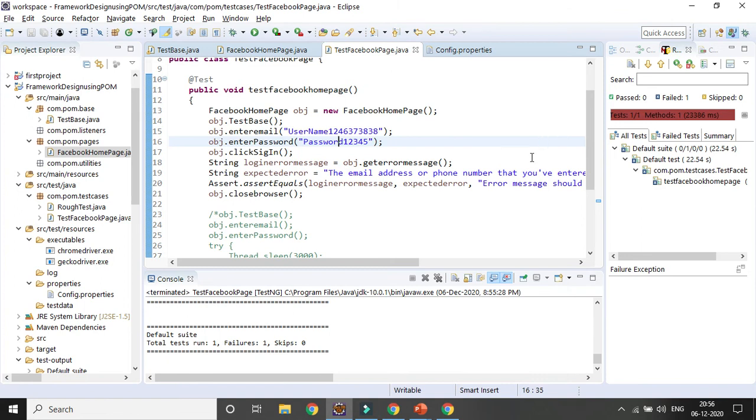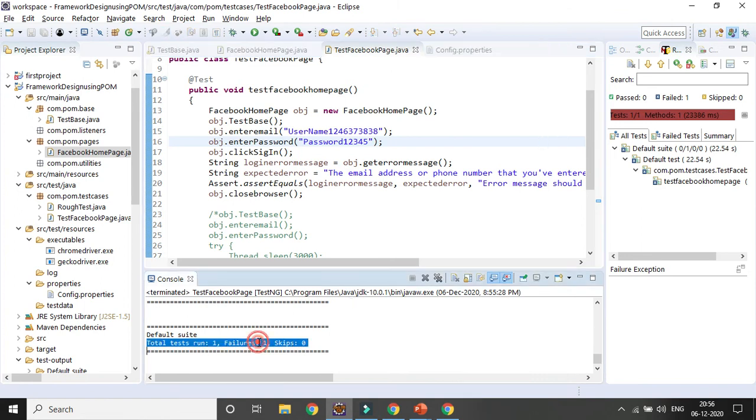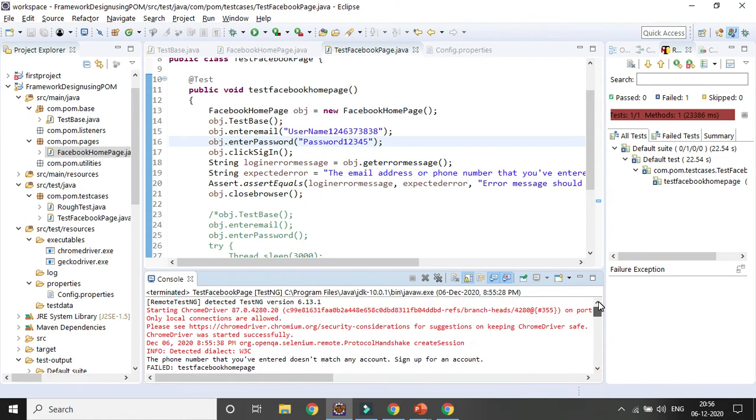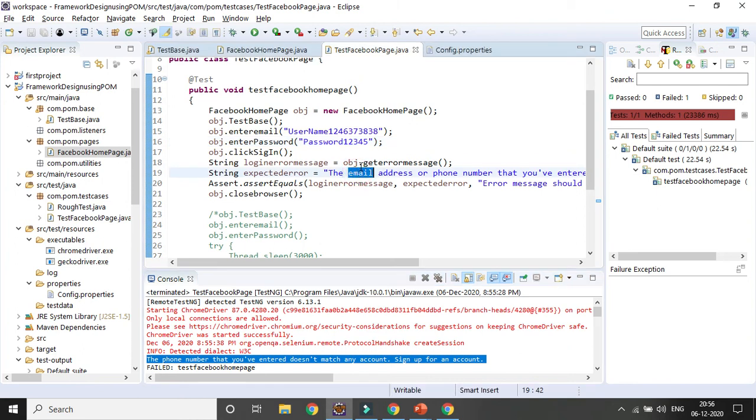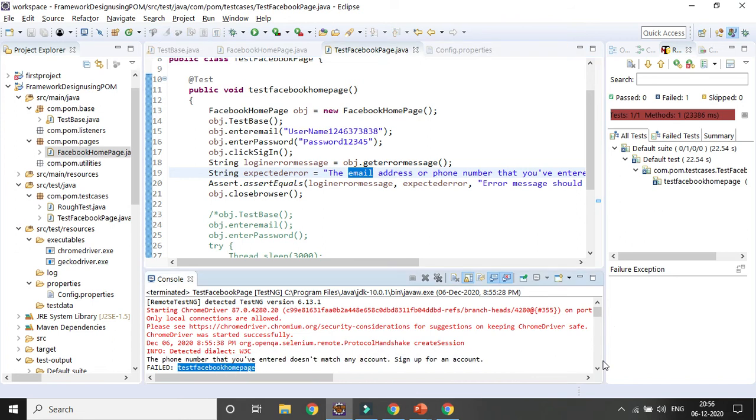So we can see the test case has failed. What is the reason for the failure? Let's find out. The phone number that you have entered does not match any account, so sign up for an account. Here it is coming as email, and that is the reason it does not match and is failing.